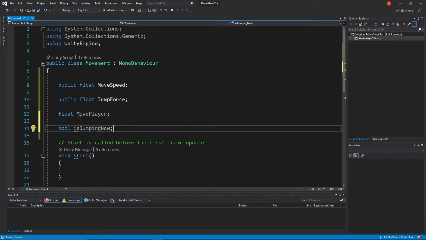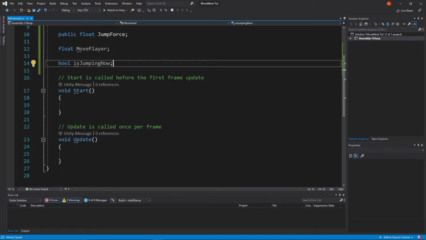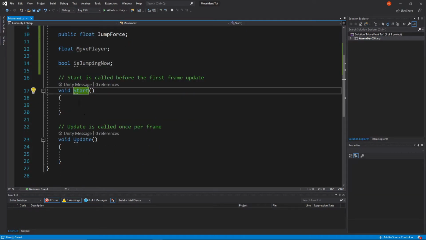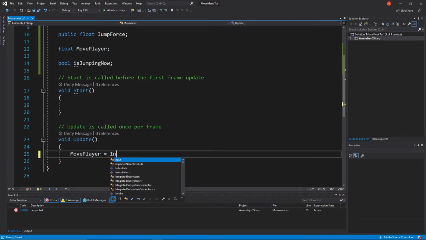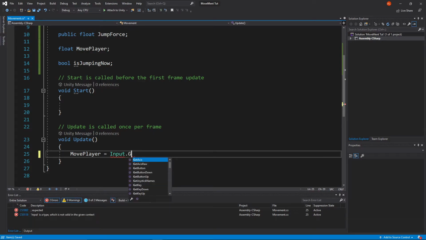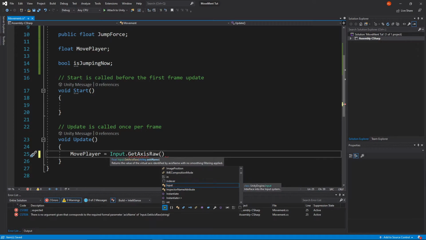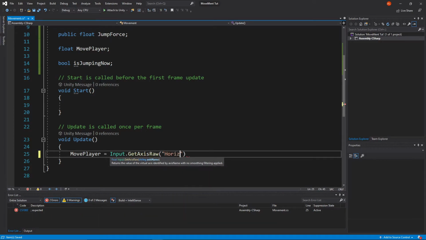We're just going to not do anything right now. So we're going straight into the update function because obviously this isn't going to work. It starts when the script starts. So now what we're going to do is get our little float here. Move player equals input dot get axis raw. And now we're going to get horizontal,